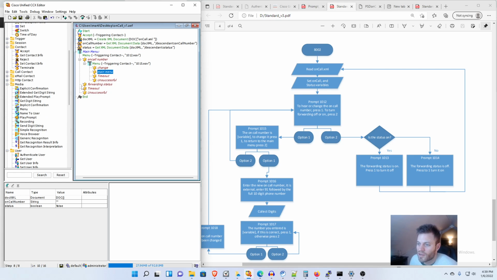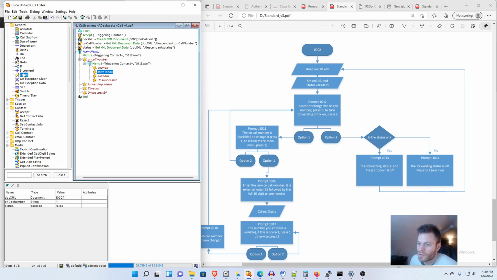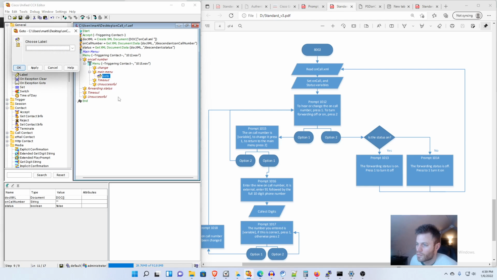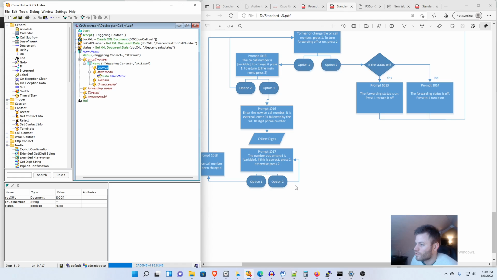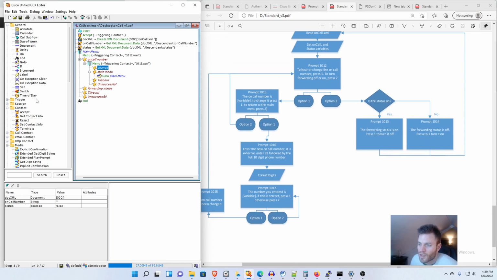And then I'm going to add a go-to. I'll change that to main menu. Okay, so now under the change branch, we're going to do a get digit string. So under media, get digit string,